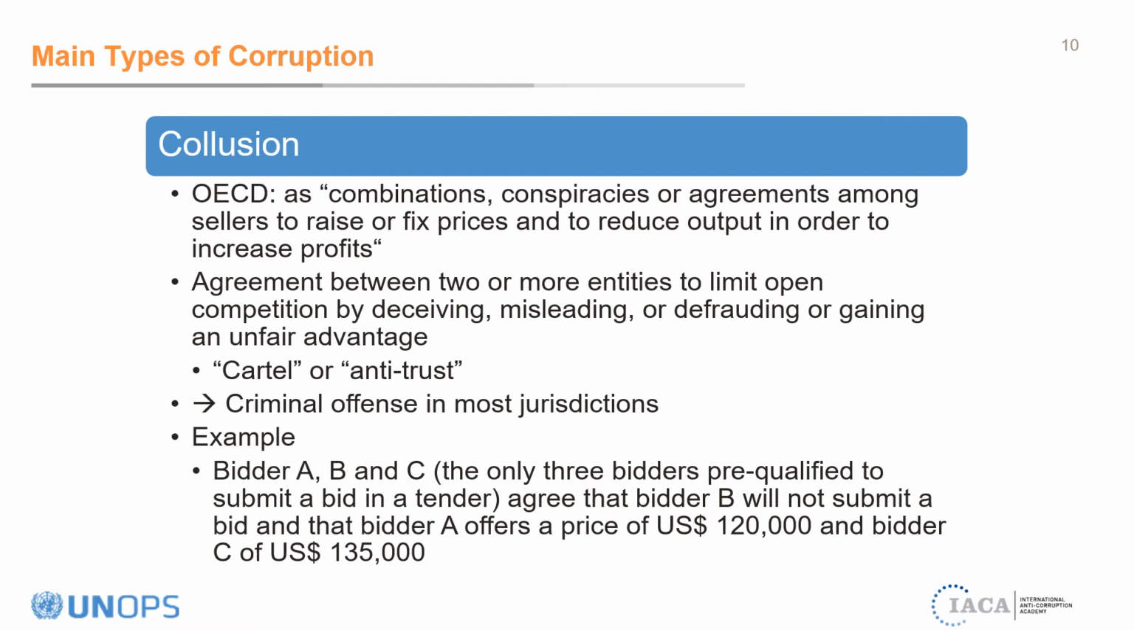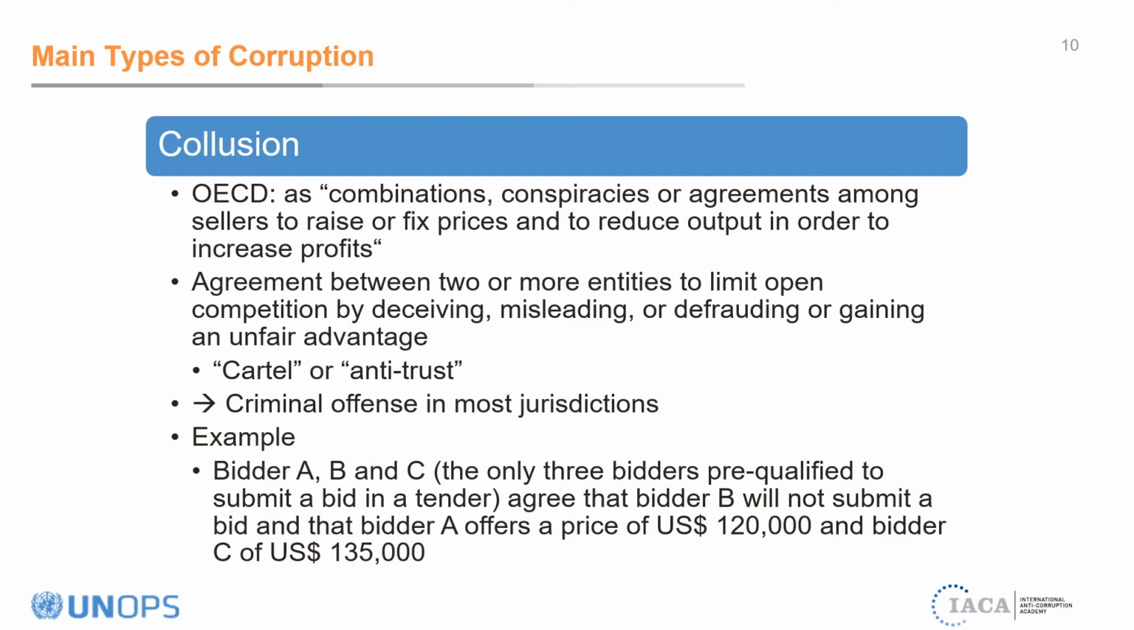What about collusion? We referred to this before. Collusion is defined by the OECD, the Organization for Economic Cooperation and Development, as combinations, conspiracies, or agreements among sellers to raise or fix prices and to reduce output in order to increase profits. Again, this is a form of corruption which really involves private-to-private behavior. It can be an agreement between two or more entities to limit open competition by deceiving, misleading, or defrauding or gaining an unfair advantage. This would typically be seen as cartel behavior, raising antitrust concerns, and this is usually criminal